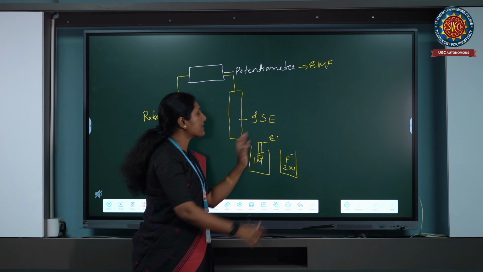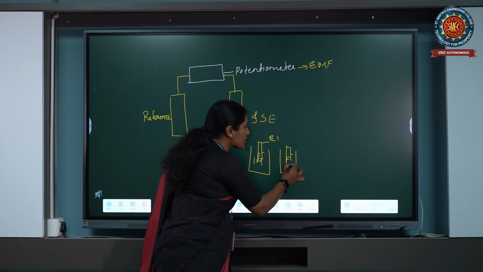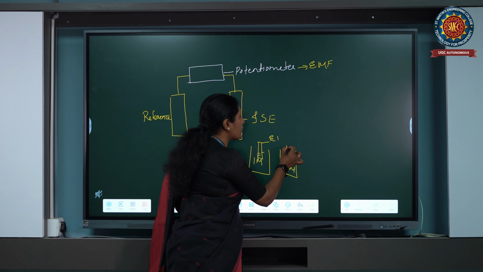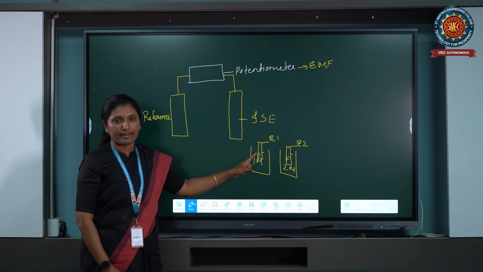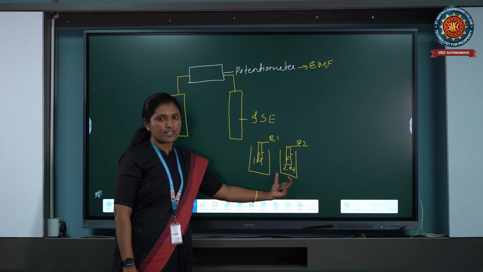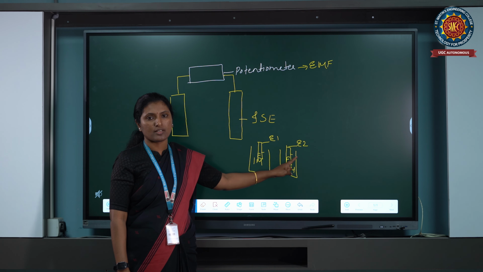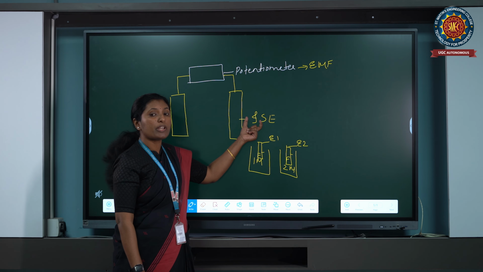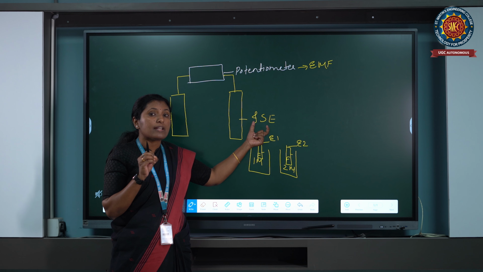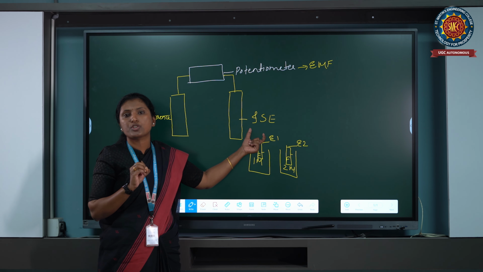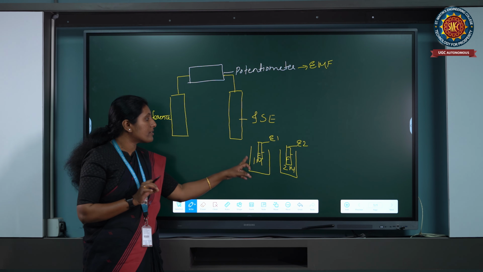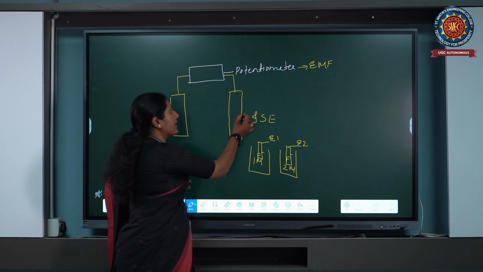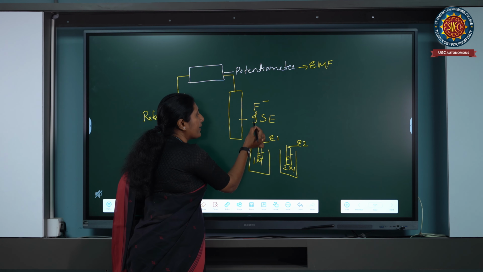The same ion selective electrode in the 2 molar solution gives EMF E2. So you can understand that, based on the concentration, the potential also changes. What is the meaning of ion selective electrode? It is sensitive to the concentration of particular ions. If an electrode is sensitive to the concentration of fluoride ion, we can say it is a fluoride ion selective